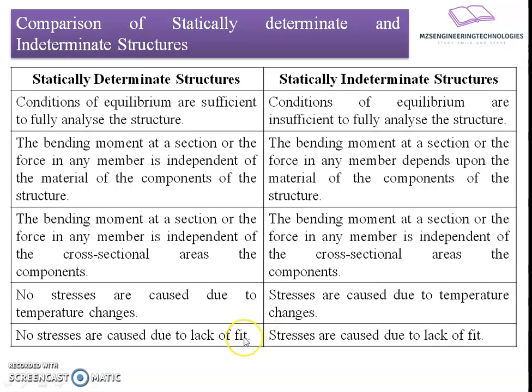If it is too short, it will get deformed and adjust. If it is too long, it will get elongated and adjust. But this thing will not happen in case of a statically indeterminate structure, because in case of statically indeterminate structure,